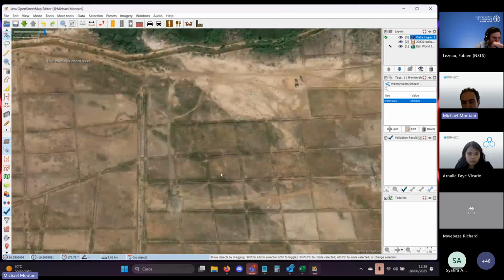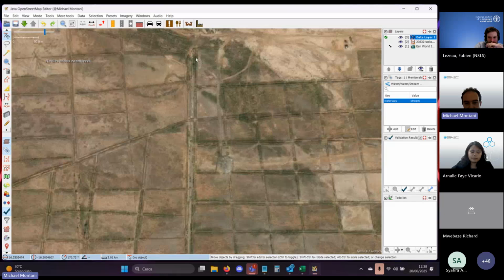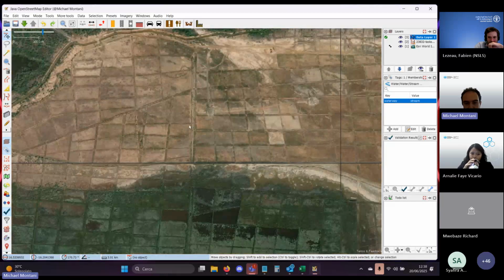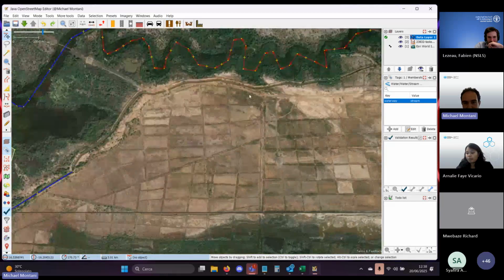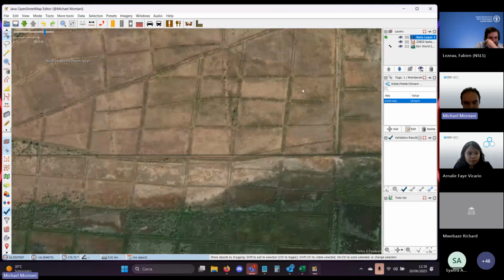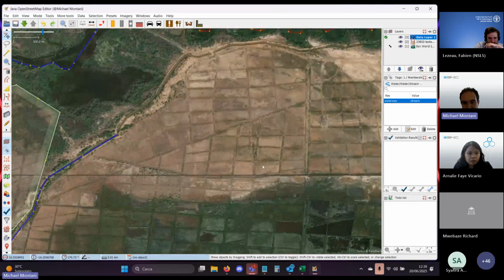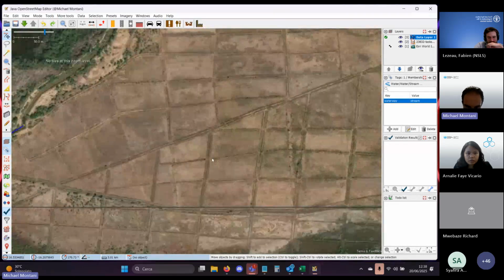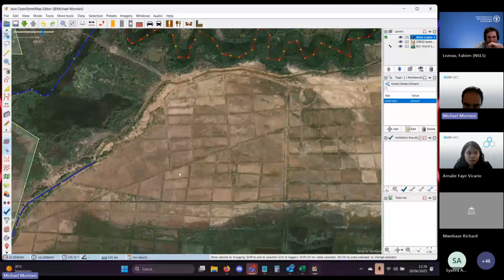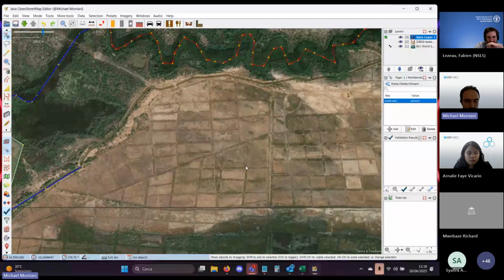Those ideally could be mapped, even though we are especially interested in mapping the bigger canals and the farmlands. Ideally, we can trace all these grids here. Nothing prevents us in OpenStreetMap from editing this information, but we should focus only on the main waterways.